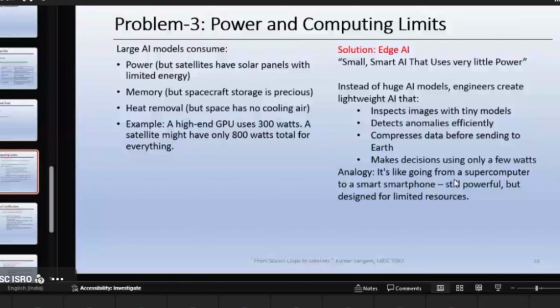Why edge AI came into the picture is that we don't want every decision and everything to happen at a single dedicated central location. There were concerns regarding data, and also every piece of data has to be transmitted, which takes time. So why not take the decision at the place of actuation?